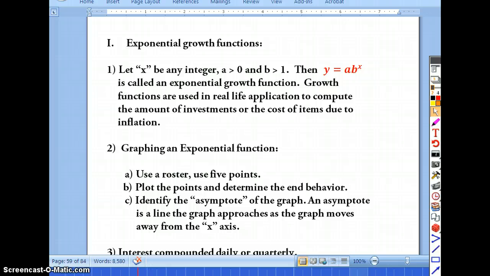Okay, it says, let x be any integer, and let a be greater than 0 and b be greater than 1. Then y is equal to a times b to the x is called a growth function. In Algebra 1, you did some problems like this with exponential growth. They would give you an amount of money. Say they gave you,